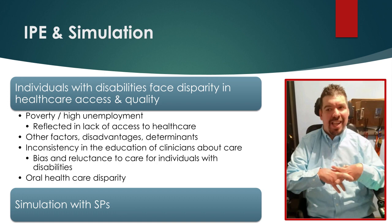One reason to think about including individuals with disabilities as standardized patients really goes back to the fact that these individuals, as a population, face a great disparity in healthcare access and in healthcare quality in our nation and actually in most of the world. Many people with disabilities or developmental disabilities live in poverty. They have high unemployment, and all of that. These are social determinants, and just those facts are reflected in their lack of access to healthcare. But there's many other factors,